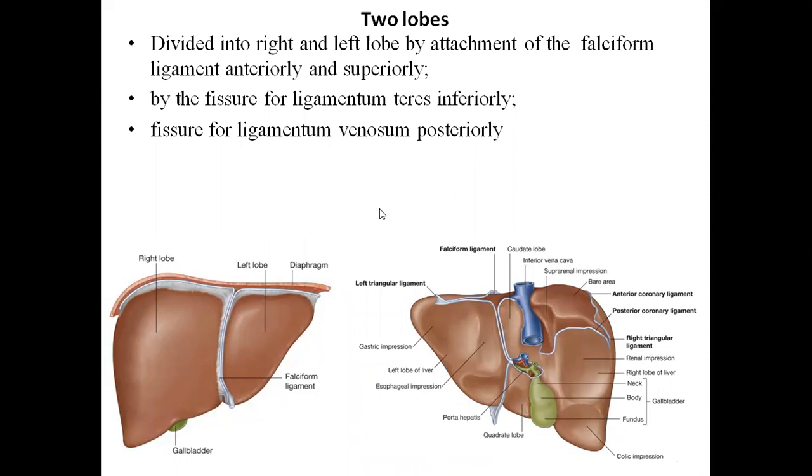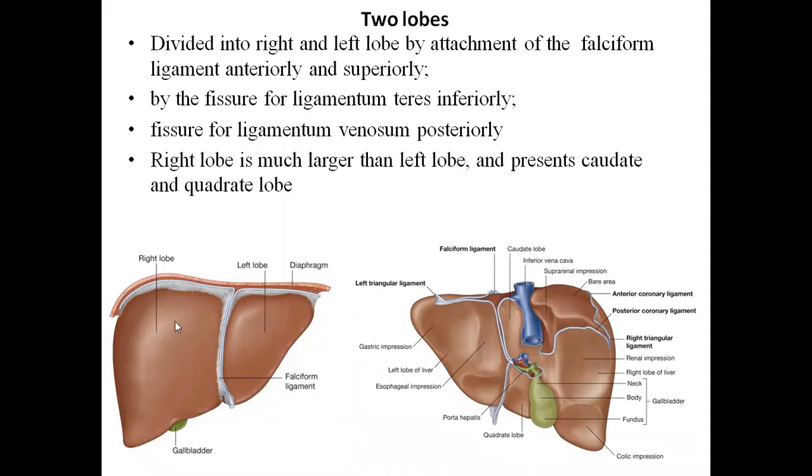And fissure for ligamentum venosum posteriorly. On the posterior aspect, this is the fissure for ligamentum venosum. There's a fissure that can be seen. Fissure means a space or a discontinuity that can be seen there. That is for the ligament, and that ligament is called ligamentum venosum. So we are seeing multiple ligaments which are attached to the liver. So posteriorly there is ligamentum venosum, inferiorly ligamentum teres,